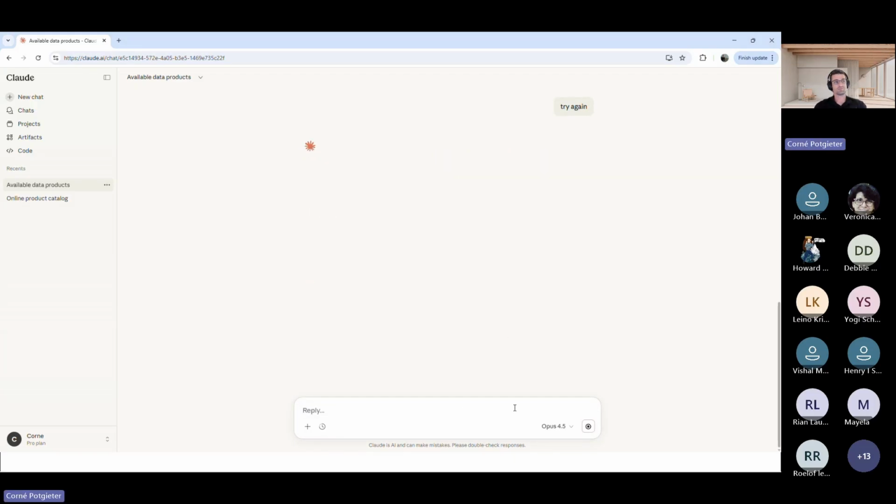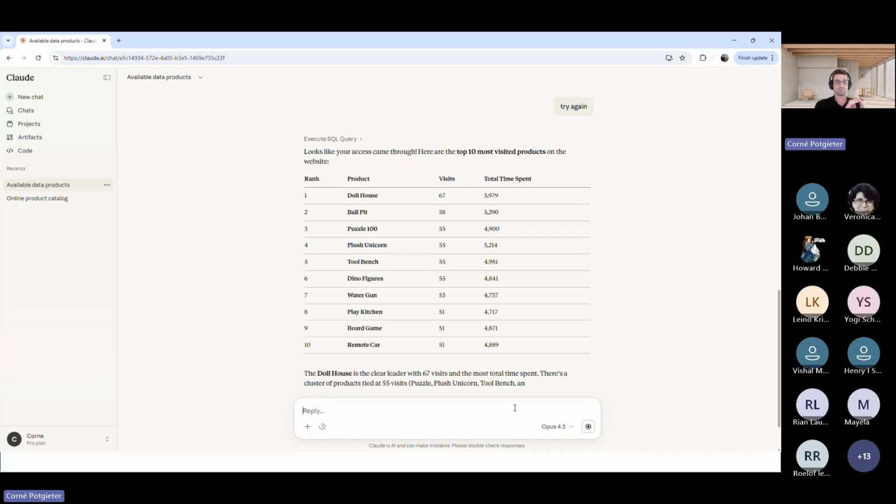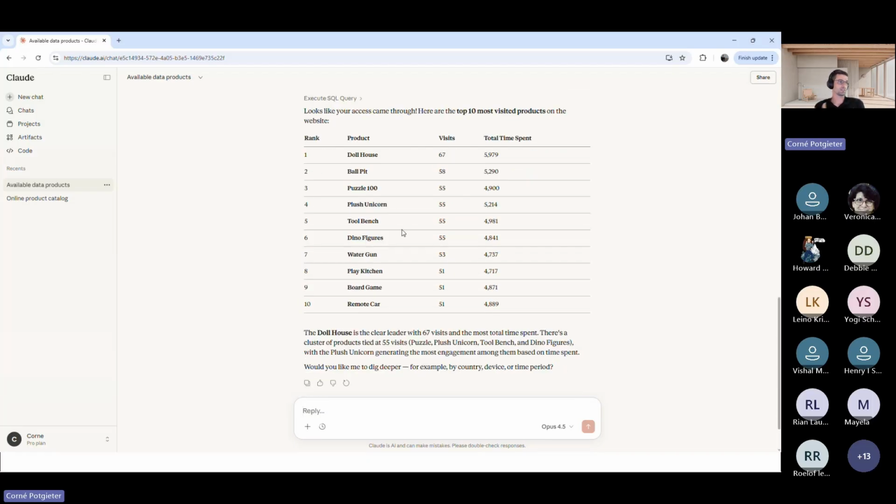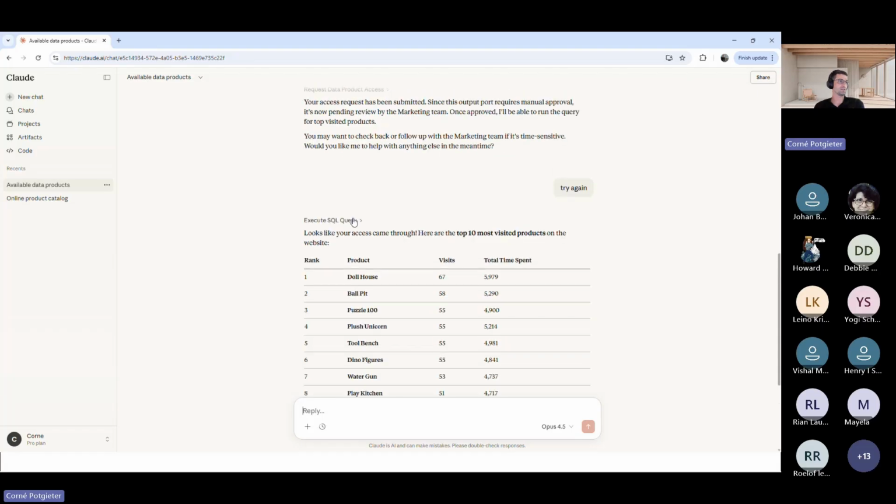And what it should do is it will send the purpose for which I'm trying to do the query. So the data product owner will be able to see, oh, okay, Corné has been asking access. It's not some random intermediary. It is still my username. So my user is what is connecting to the Entropy Data MCP server. So it is using my credentials, asking the data product owner to get access, and it will be able to see for what purpose am I trying to get access. Obviously, if there's not enough detail, they will have to contact me or I'll have to contact them. But that would be the process that the data product owner is always in the loop and has to approve the access. Okay, so access has been approved, and now the query can run.